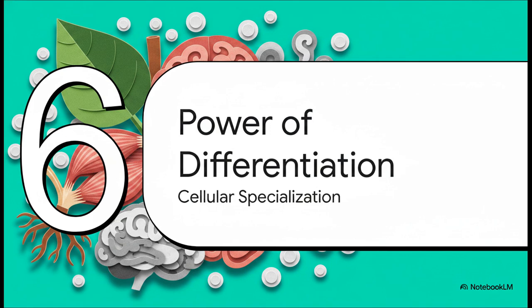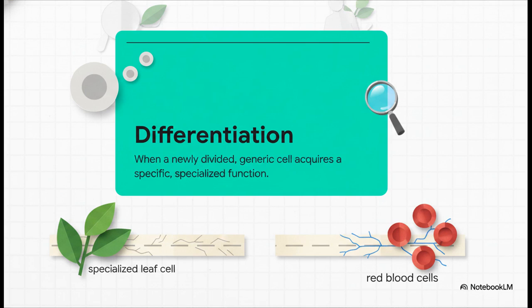Section 6. The power of differentiation. Specialization. So here's the ultimate question. If cells are just rapidly churning out exact copies of one another, how on earth do we eventually get a leaf or a muscle or a functioning brain? Well, that is the final piece of the biological puzzle: differentiation. This is the process where a generic, newly divided cell finally acquires a specific function. To put it simply, it's kind of like a generic office worker finally getting a specialized career assignment. They get tapped on the shoulder and told, hey, go become a specialized leaf cell, or go be a red